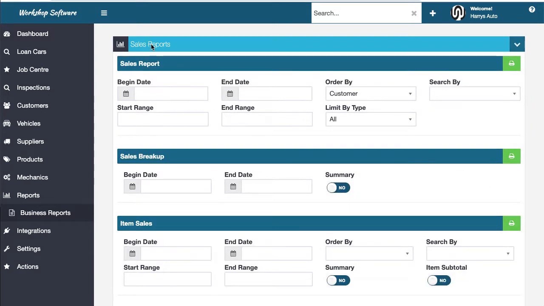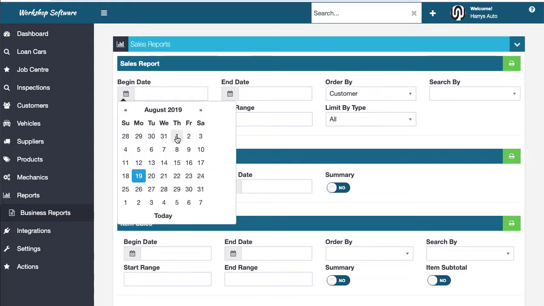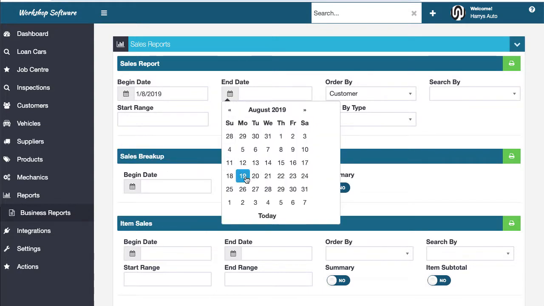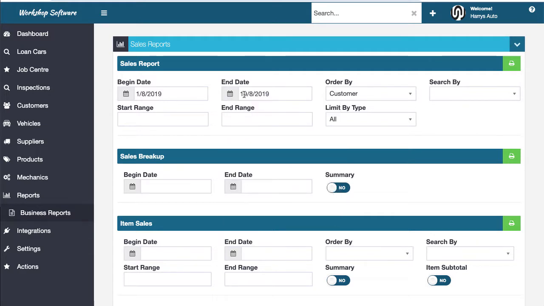So for example, in relation to the sales. Now, many of the reports have various parameters that you can run them by. For example, if I want to run a sales report for the current month, I can just click the beginning and end date. I might want to order that by the date, by the invoice type, by customer, by whatever. I might want to search by a specific customer, or an invoice number or a registration, and if you're going to search by, you can put in a start